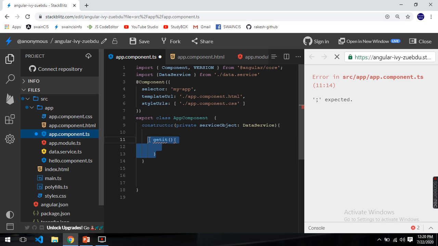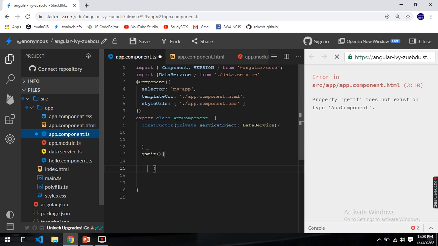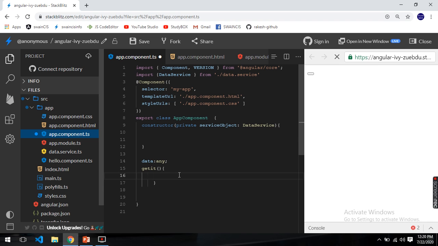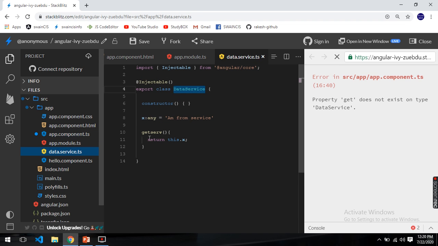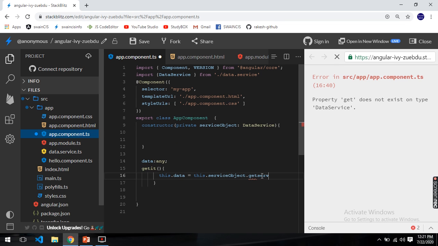Sorry, I need to create it outside. Now I need to do this.data equals this.service, the service object you need to call, and now you can call the function. What is the function name? We have getServe, right? So we can call it here.